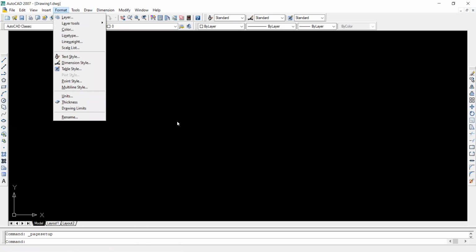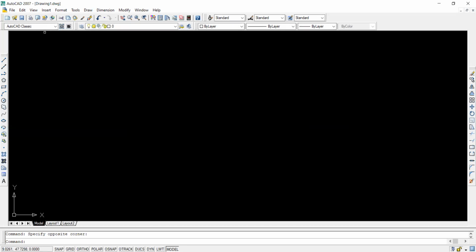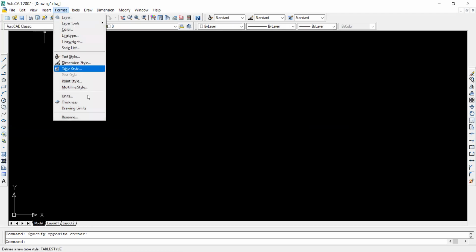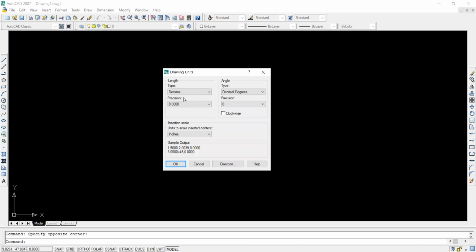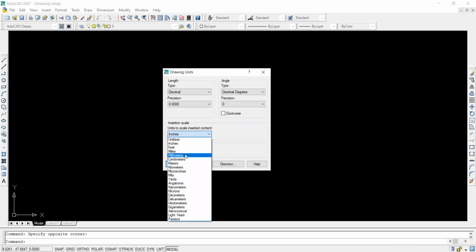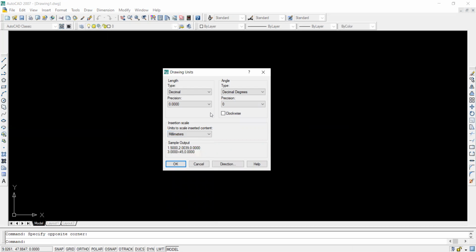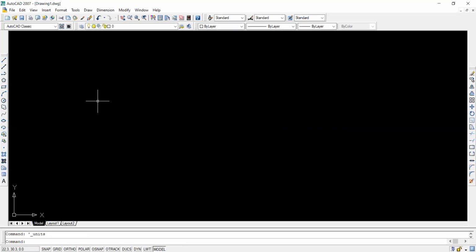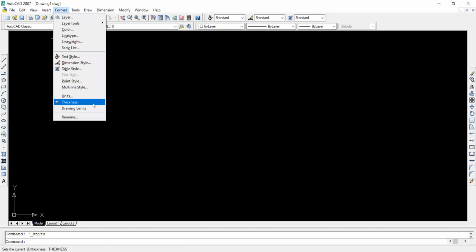Second is about the units, how to select a unit. Under the Format menu we have units, so we can select our unit. Already we have done this, so आपण आता पाहिलंच आहे. फक्त त्याचं एक तुम्हाला कुठे तरी व्हिडिओ मध्ये पाहिजे म्हणून मी इथे दाखवत आहे. So this is the unit command and there is a limits command also.